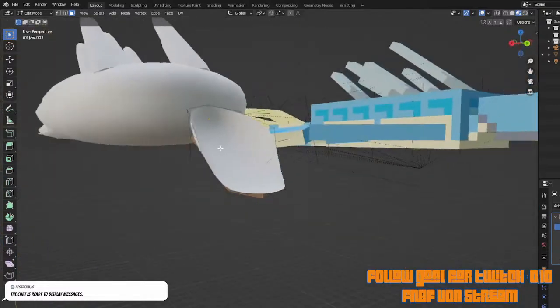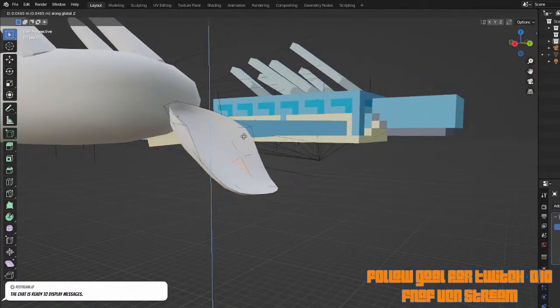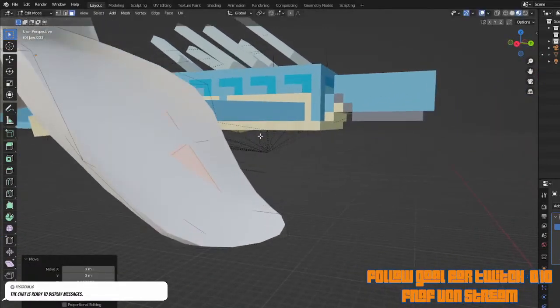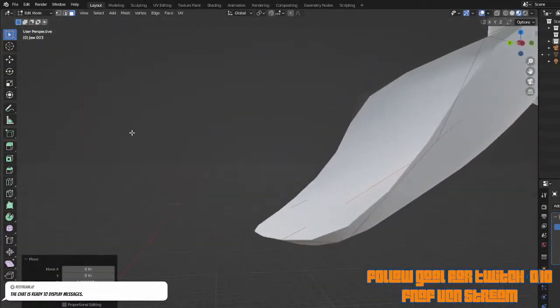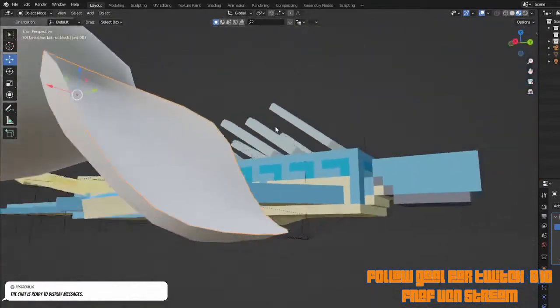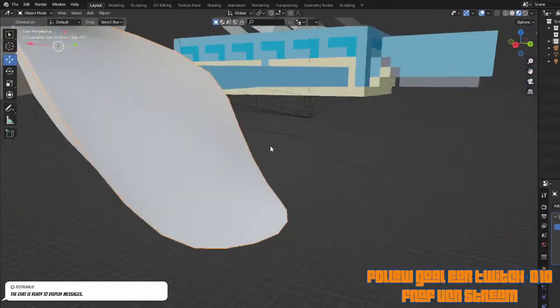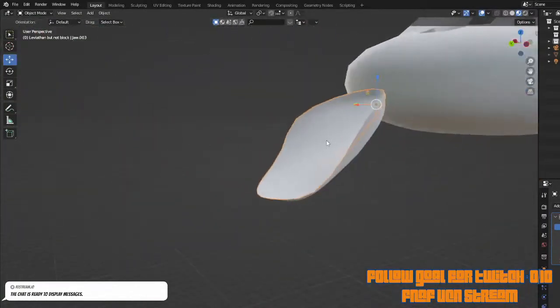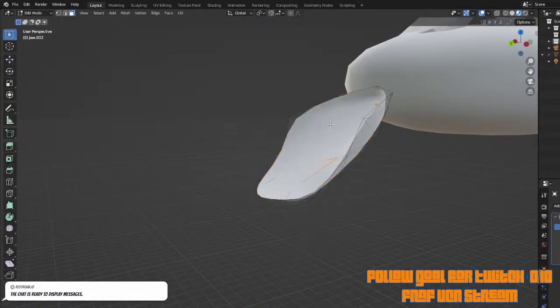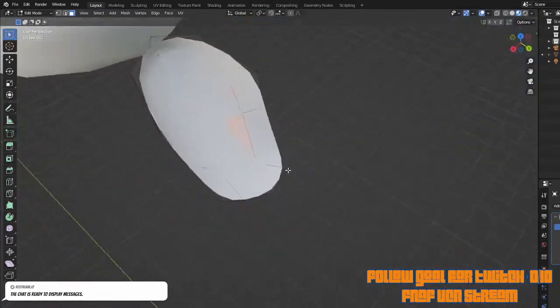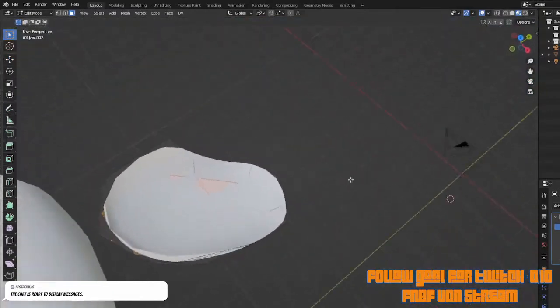Yeah, all right, let's go with that, and then just bring it up a bit. Yeah, that looks pretty good, I think. That looks about right. Then if we join those, pretty sure there's something else we should do here